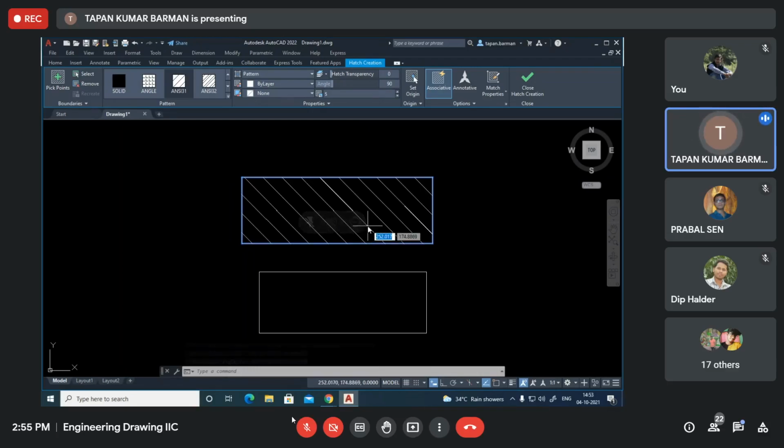Now the convention is when there are two different materials in one drawing, you need to differentiate the hatch patterns. You cannot use the same hatch pattern. To differentiate, either you may use different angles, one for 45 degrees, one for 135 degrees. Also, you may change the line spacing of the hatch patterns so that we may understand there are different materials.